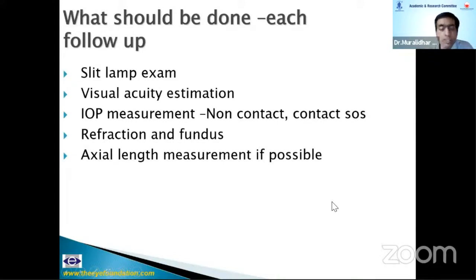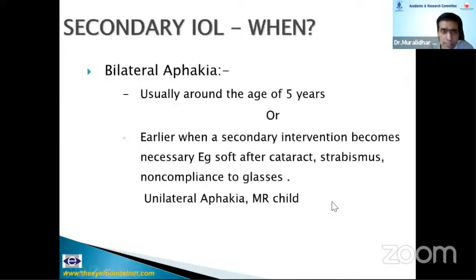And of course, in addition, we need to look at the slit lamp. Please remember that if there is any vitreous strand that has been left out, I make sure that the pupil is round and the capsular margins are also round. Just in case it gets left out, I would recommend removing it, even though it requires another general anesthesia, because sometimes in the late period, they can contract and they can distort the anterior segment.